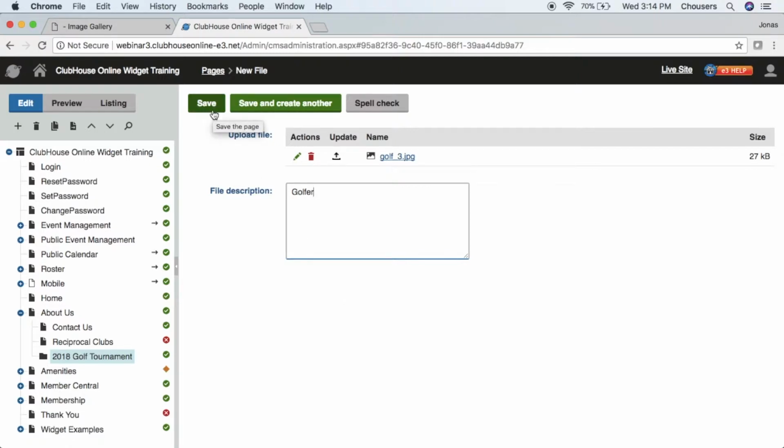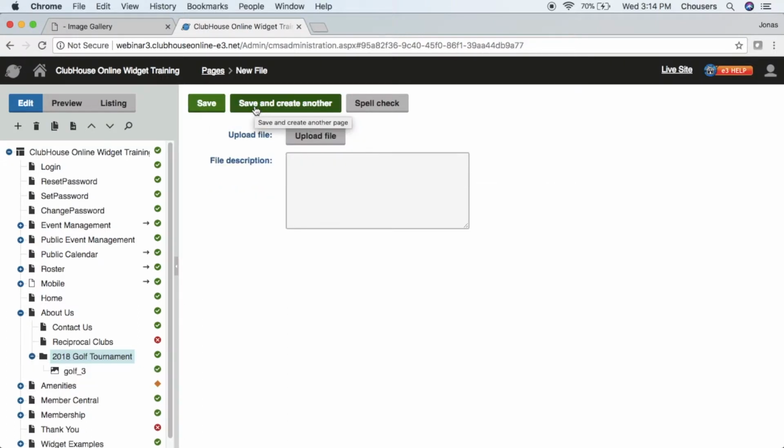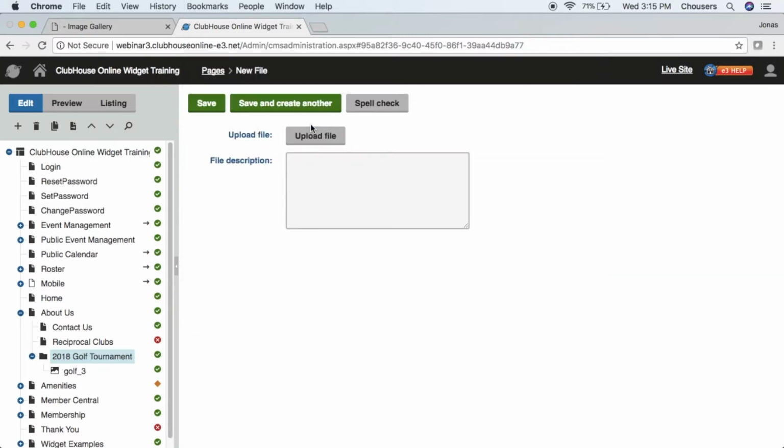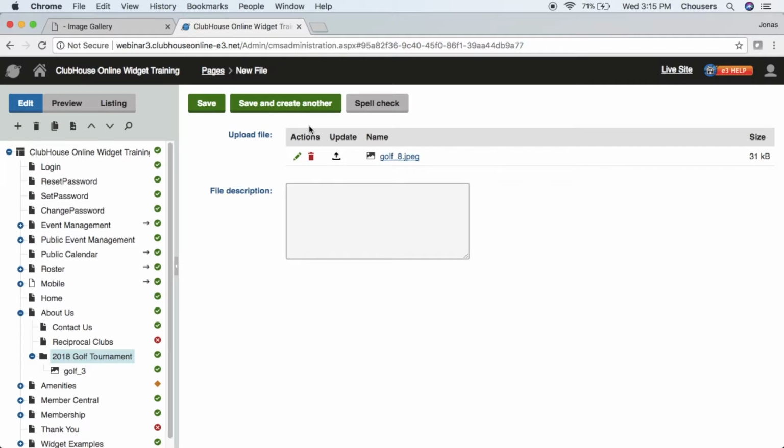However, if you are going to add multiple images, we can go ahead and click Save and create another. This will add that image into our folder and allow us to upload another one. So you can go ahead and complete this process until you've added all your images. So let's go ahead and upload one more image for our demonstration. I'm going to click Upload File, select our image, and since that's our last image, I'm just going to go